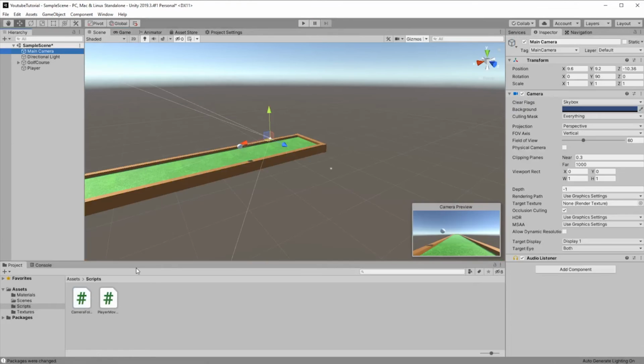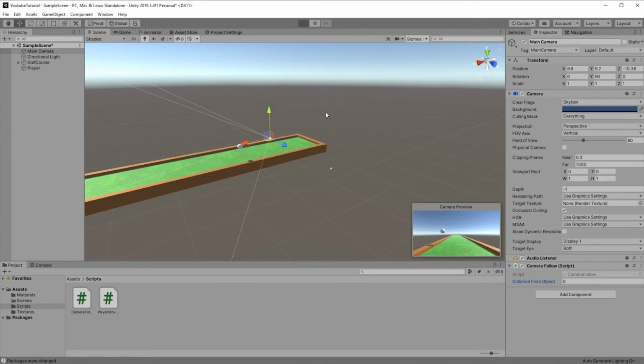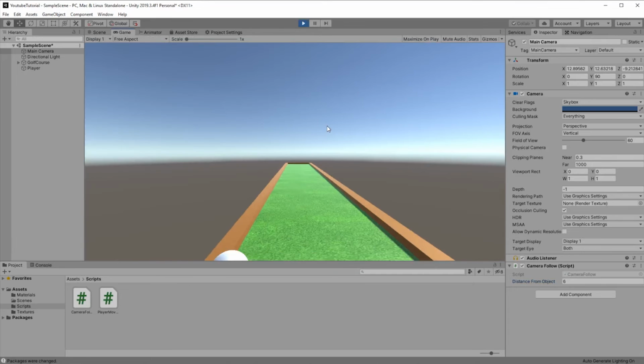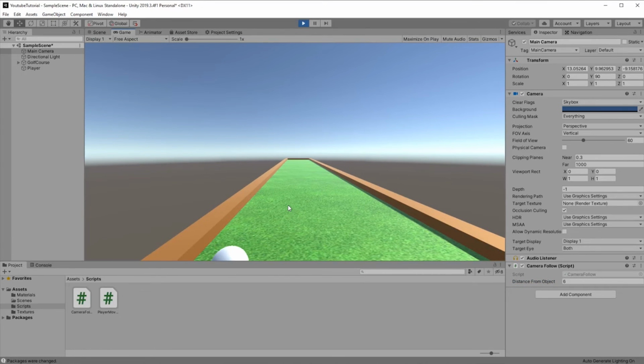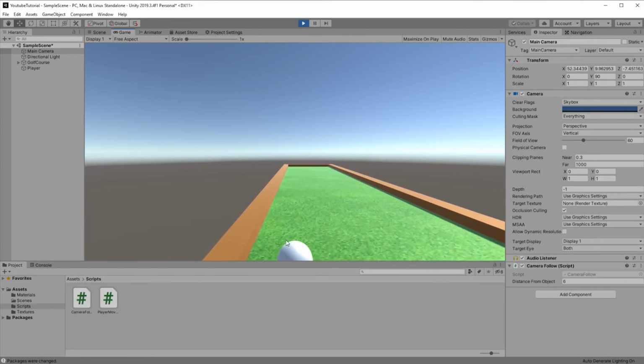Sorry, I didn't add the camera follow script to the camera. This is why it doesn't work. Let's set it to 6 because we don't want the camera to be right in the player. So the camera works.